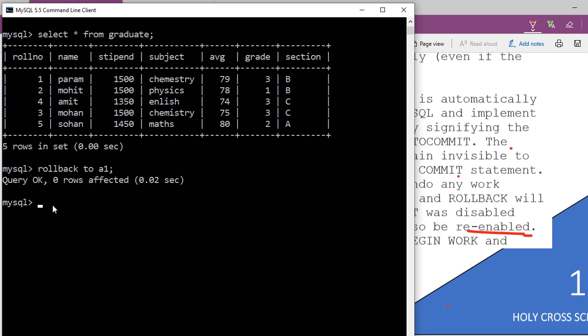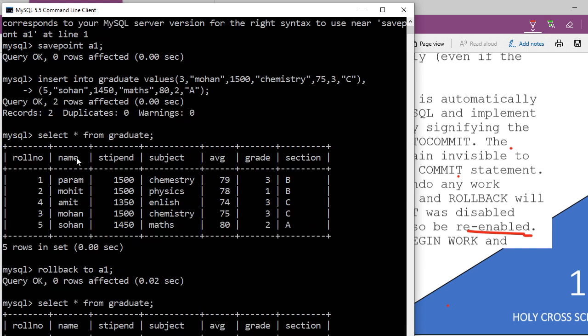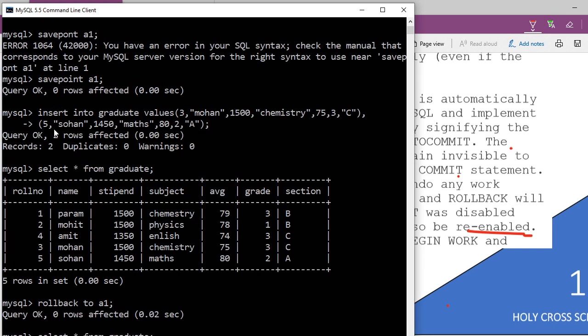So what I am going to do here again is select asterisk from graduate. Just check it out. Are we in the original state of the table? Say yes or no. See, check. So here this is the solution in MySQL. In SQL and other systems, those things run automatically, is it? But I checked it out in MySQL here. My autocommit is on by default. So whatever transaction I am writing comes into effect, but autocommit makes all the save points disabled automatically after every command.